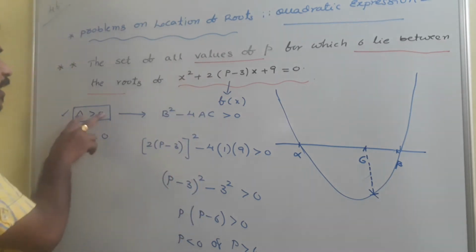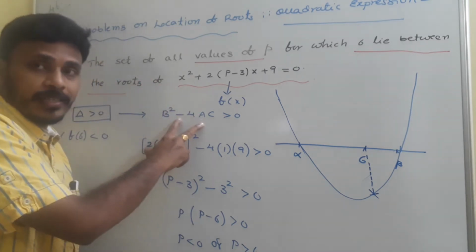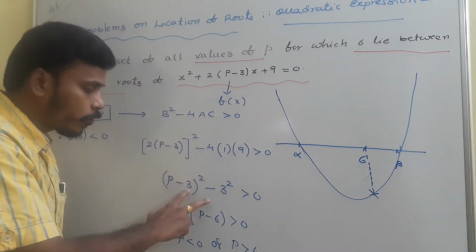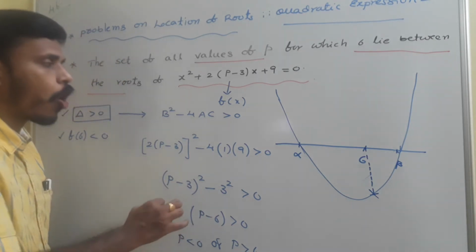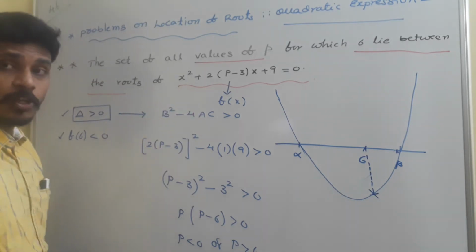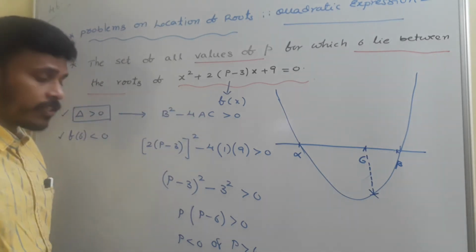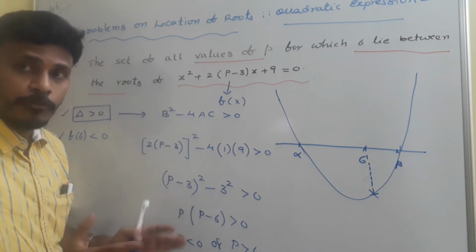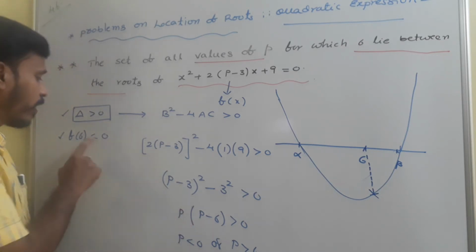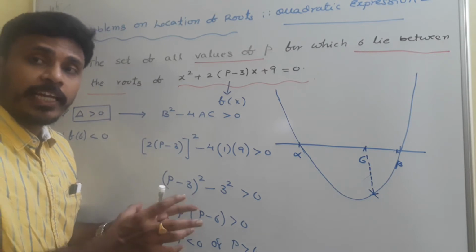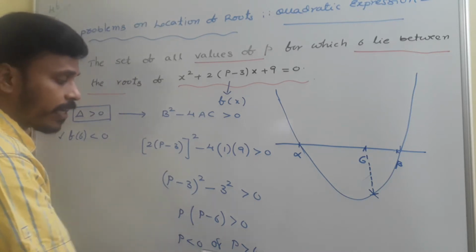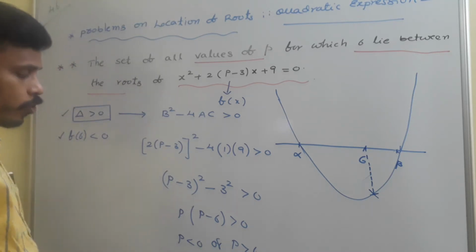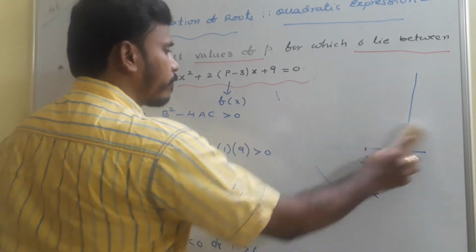So first of all, delta greater than 0, b square minus 4ac greater than 0, and when you simplify it, when you solve it, you will get that p values are either less than 0 or greater than 6. Okay, I will erase it. So from delta greater than 0 I have some values of p, as well as I need to check f of 6 less than 0. At the end I need to combine those two solutions. Okay, just have a look. I am erasing this. p less than 0 or p greater than 6 is one possibility, otherwise I will drop it here.